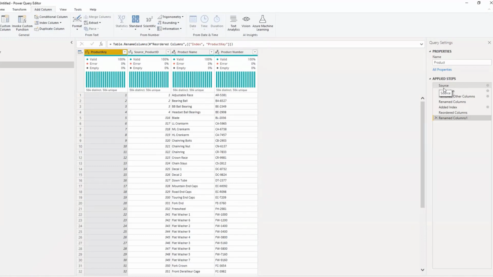So I have created the product dimension now. So you can see there are just 4 columns, product name, product number, and maybe I'll just move the product number front a bit. Once again, not really a good practice, right?